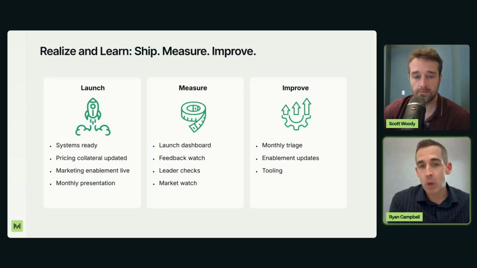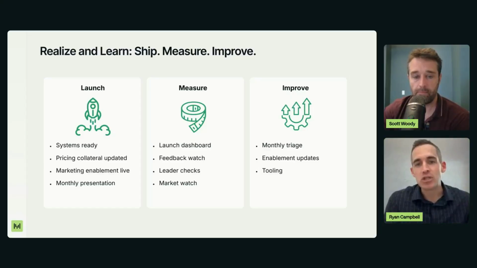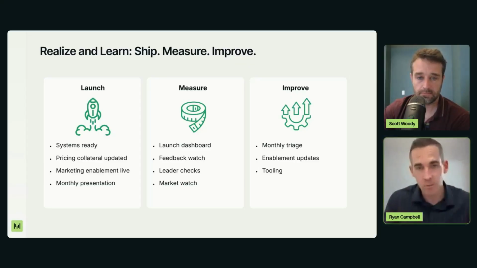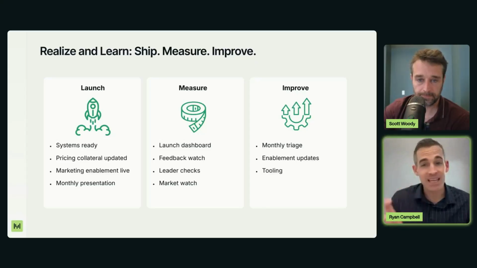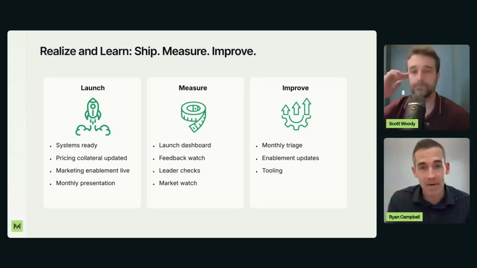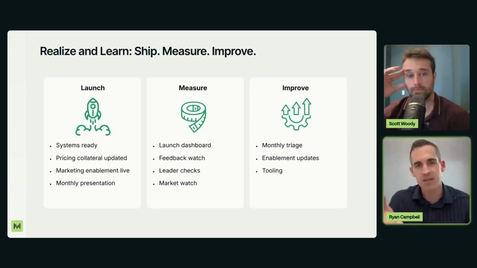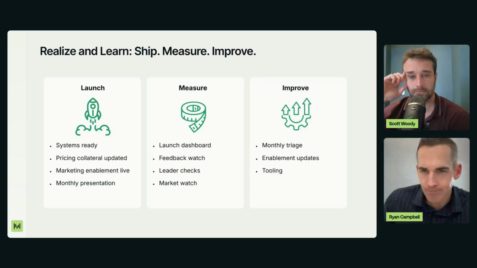Setting all that stuff up early enables you to do that in a seamless way, because you don't want to be setting that stuff up after you've launched, because it's really hard given the pace and the level of work on everyone's plate to go do that. But this is a really important step that, frankly, I think even we at Snowflake want to do a better job at, is closing that feedback loop and more consistently getting feedback on pricing itself.